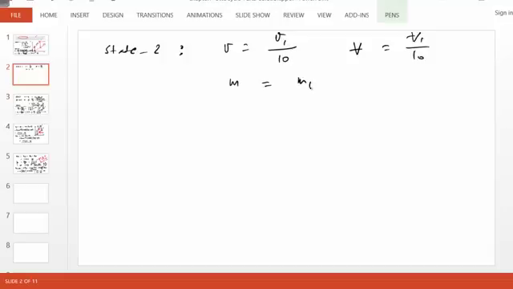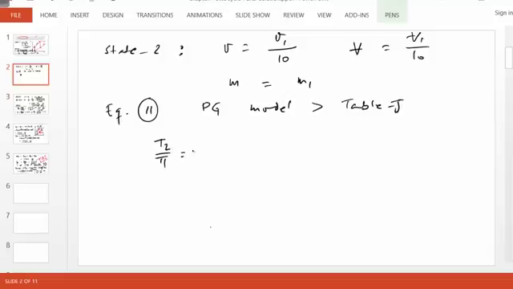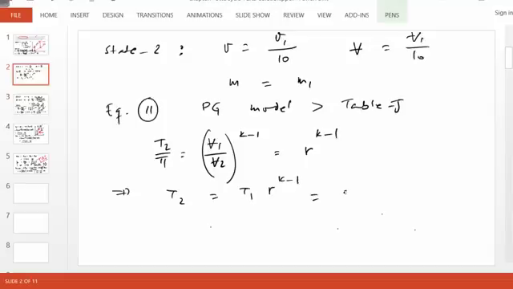For the isentropic relationship, to find the temperature we are going to use equation 11 from the PG model, which is in table J. In TEST, table J, or your textbook, has the handout of all the different material models. Using equation 11, T2 over T1 is V1 over V2 to the power k minus 1. And V1 over V2 is nothing but r, the volumetric compression ratio. That immediately gives us T2 equals T1 times r to the k minus 1, and substituting the values,